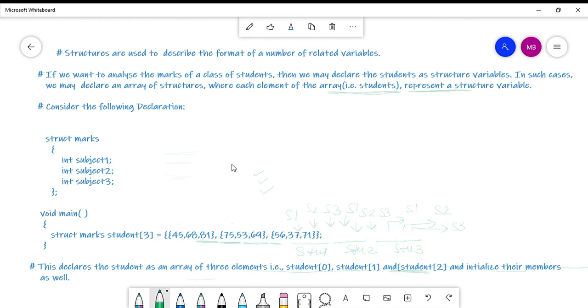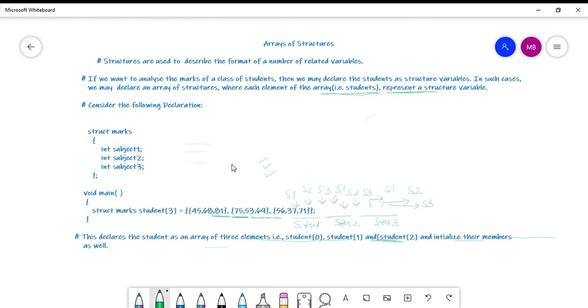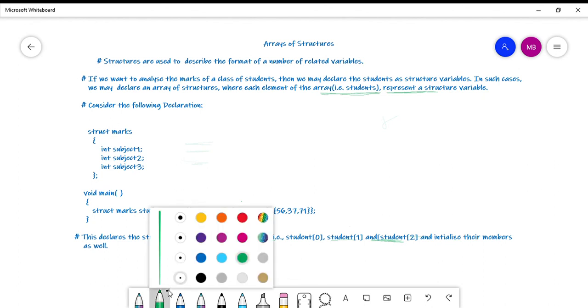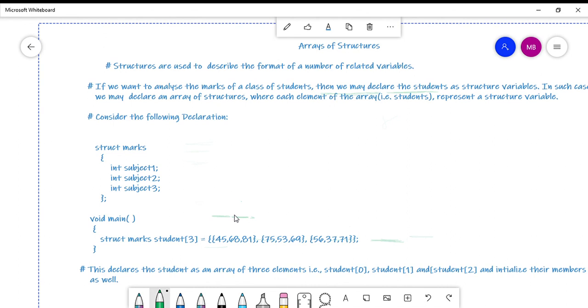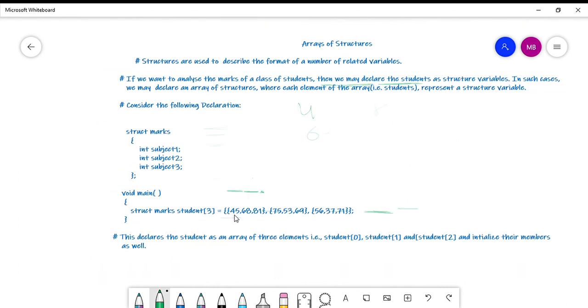It would be stored like this, as I told you: 45, 68, then 81, then 75, then 53, then 69, and so on till the last element, because they are stored sequentially.